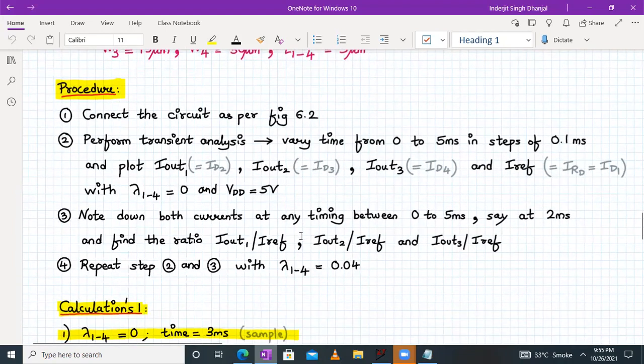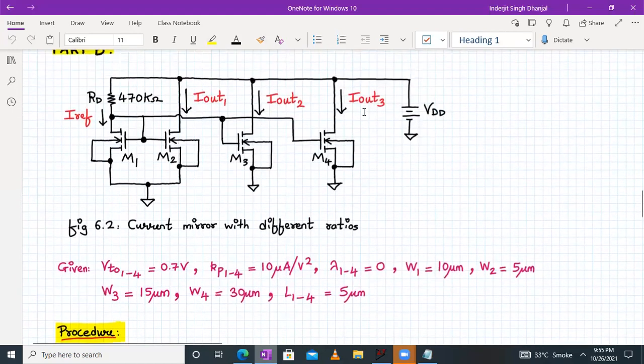Now we have to note down all the currents at any time between 0 and 5, let's say 2 millisecond, and find the ratios I out 1 divided by I reference, I out 2 divided by I reference, and I out 3 divided by I reference. Then we have to repeat steps 2 and 3 with lambda equal to 0.04. Understood? So let us begin.